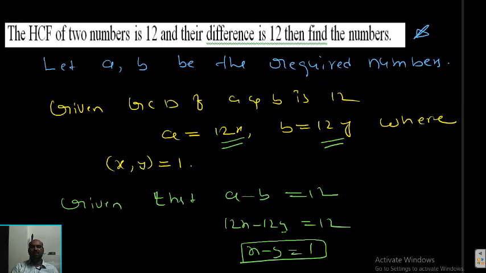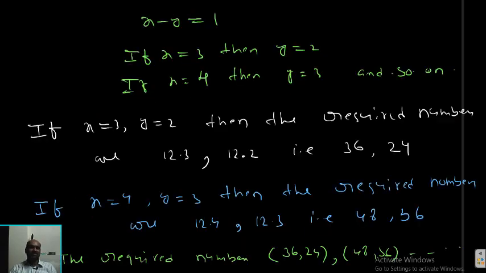Sometimes you get finite only, depending upon the x and y relation here. Here x minus y equal to 1, that's why I got infinite. For example, x minus y equal to some 3, depending upon the problem. Difference 12 given, GCD is 12 given. If difference 24 is given, for example, at that time you will get x minus y equal to 2, and you get a finite number of x, y only, meaning you get a finite number of pairs only. Okay.